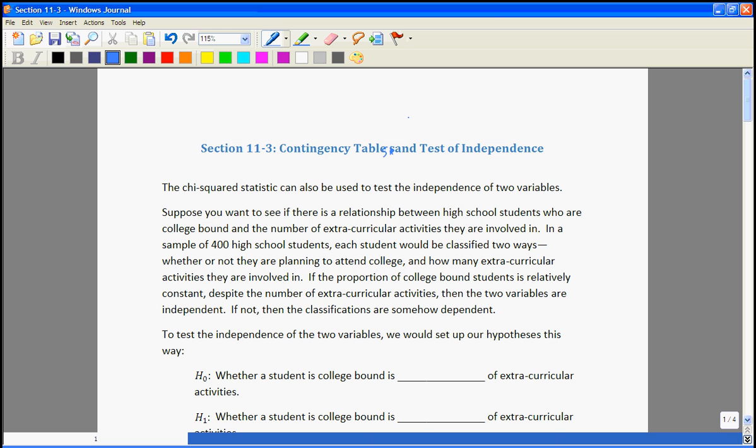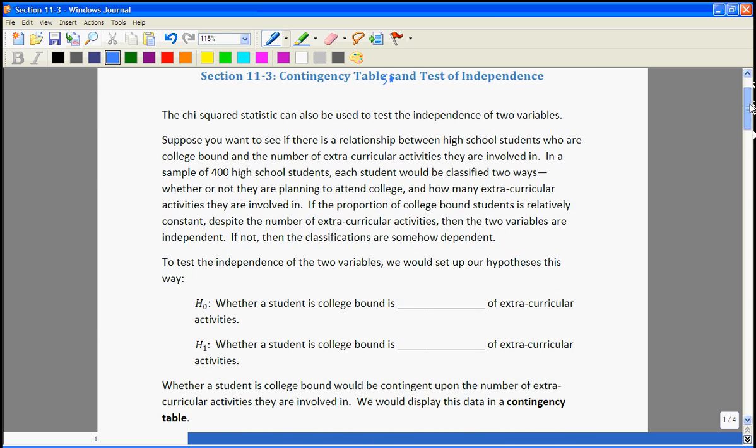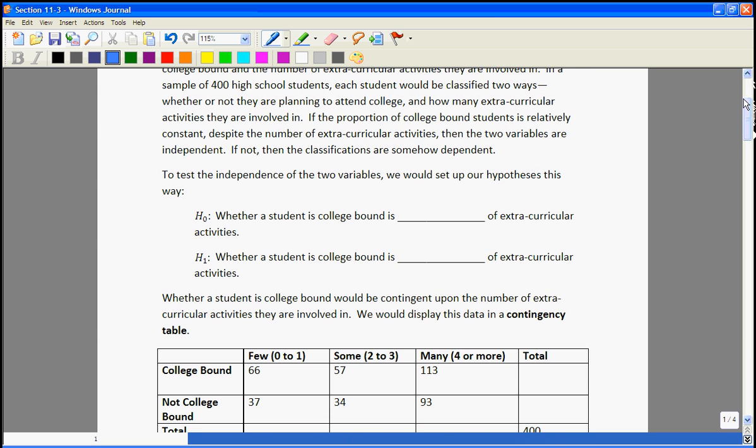Now, if the proportion of college-bound students is relatively constant, despite the number of extracurricular activities, then we know the two variables are independent, meaning they don't affect one another. But if not, then somehow they are dependent. Well, to get started to test the independence of two variables, we have to set up our hypothesis. Our null hypothesis is always going to include something about the two variables being independent. So in this case, our null hypothesis is whether a student is college bound is